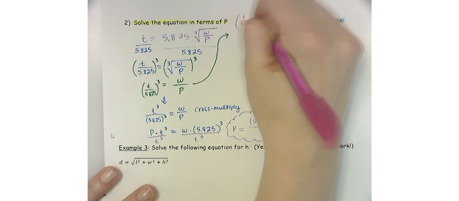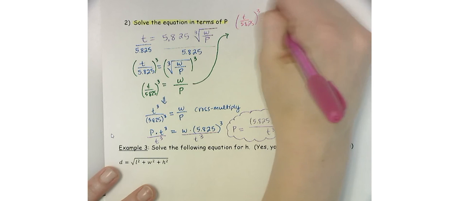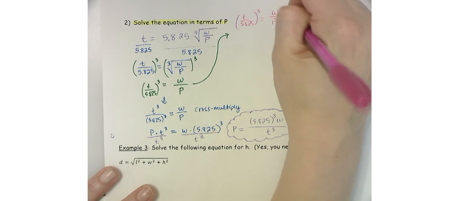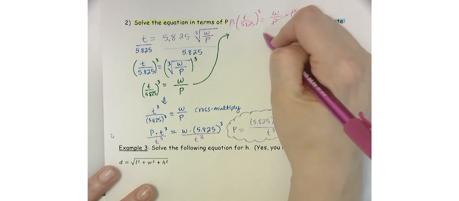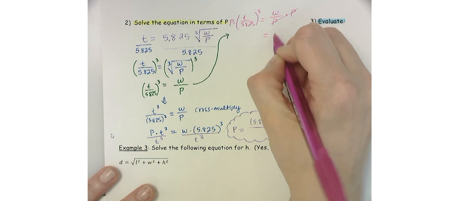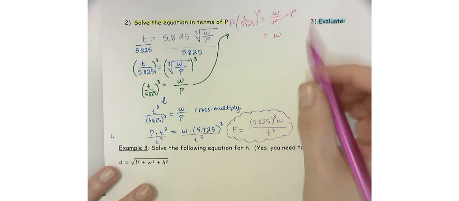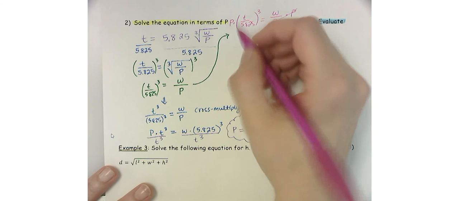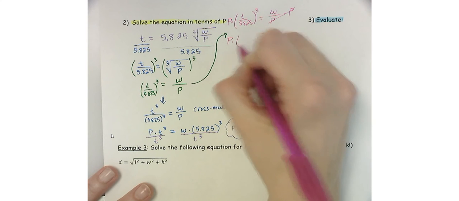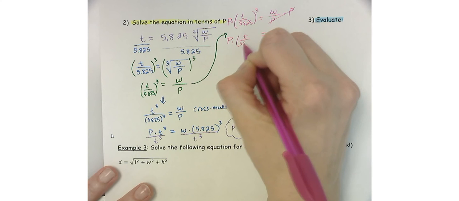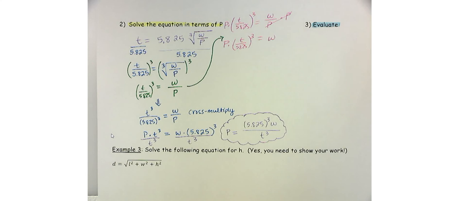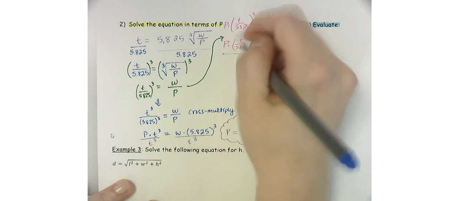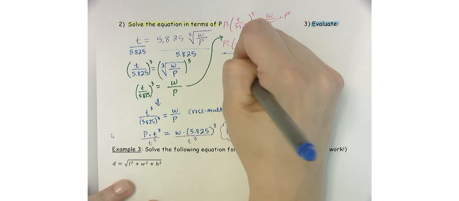Now, these two equations are equivalent. So your P value here would be W over T over 5.825 cubed. The reason why these are equivalent is if you distributed the cubed, you'd have a fraction, and normally